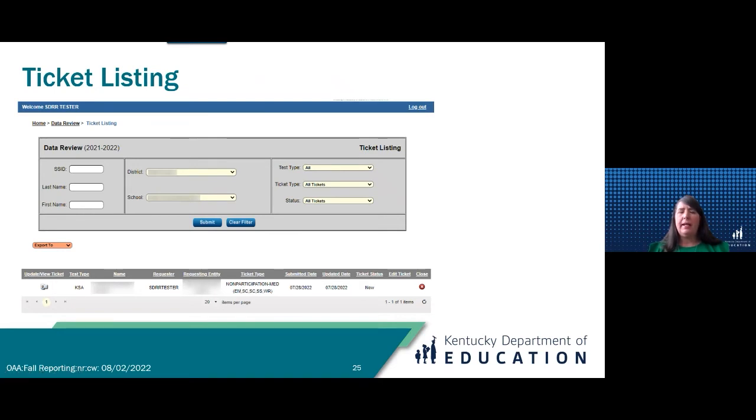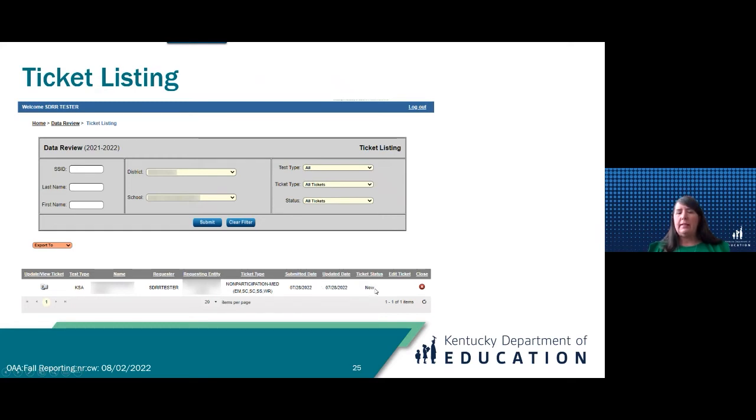KSA and alternate KSA, you can request a non-participation, like a medical non-participation, for that particular grade level and by content. And then it'll also tell you the date it was submitted. It'll also tell you the updated date.